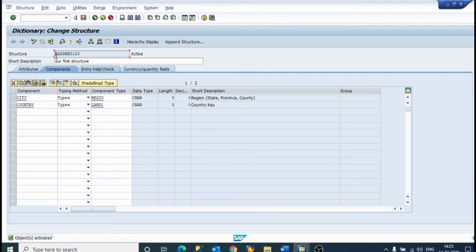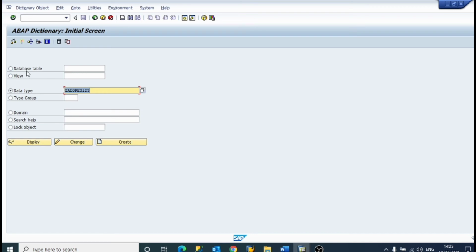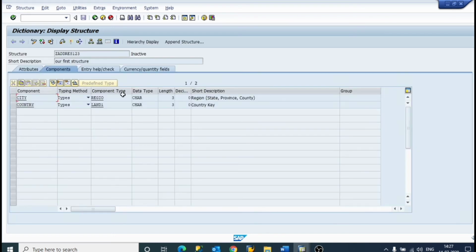Now I just copy the structure name. Now we'll create a database table. As you can see, we have created our structure, with city and country.